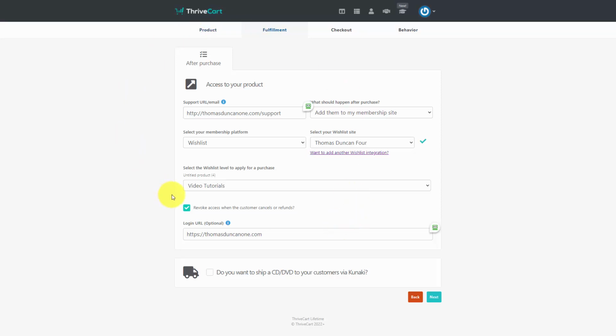And so in this particular fulfillment, what we've now done, instead of having the individual sent to Thrivecart Learn, we're having the individual sent to our membership platform. And again, what we need to do is if you want to connect a different membership platform to use, you'll need to make sure it's set up in the